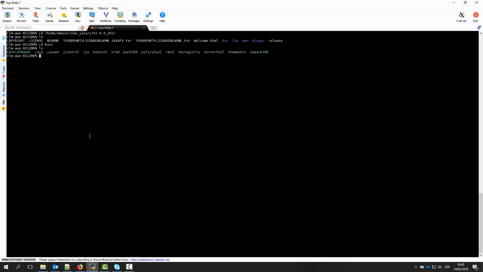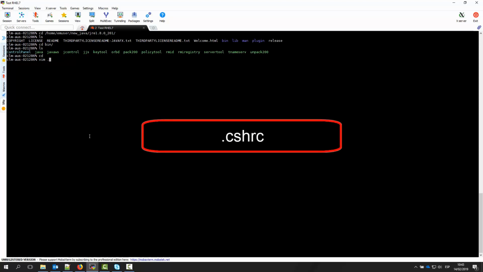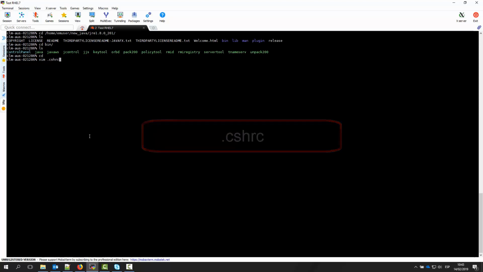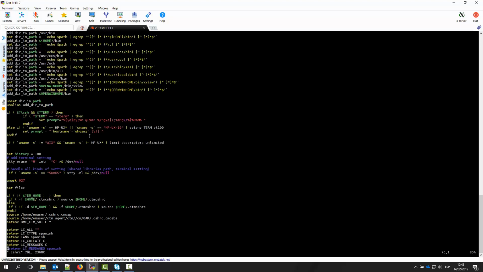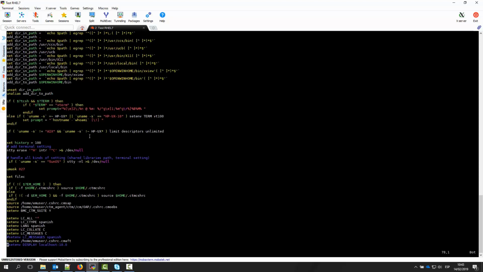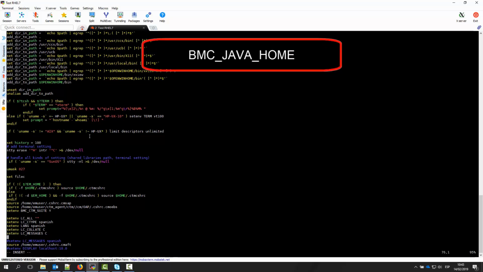This is important. It is also important to include the dot in front of the file name, since it's a hidden file. Once you open the text editor, add the variable